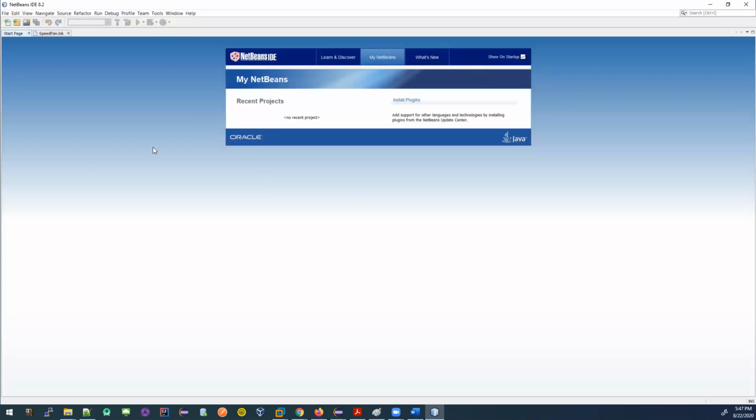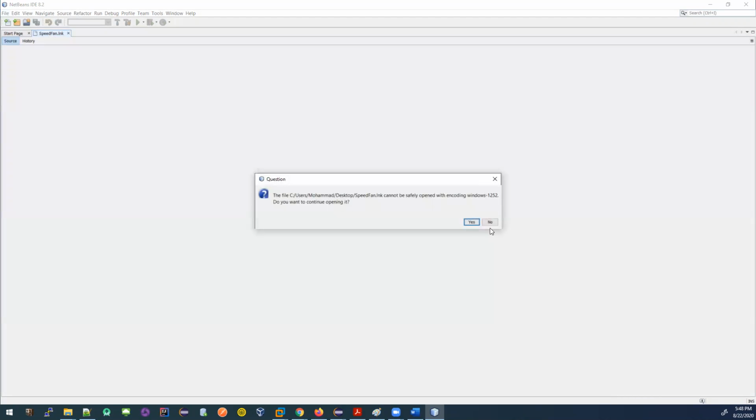I'm opening up NetBeans. Eclipse is developed by the Eclipse company, IntelliJ is developed by the IntelliJ IDEA company, and NetBeans is another. So NetBeans will look like this. Okay, this is developed by Oracle. This is also very popular. I remember all my projects that I did in my school were all in NetBeans.